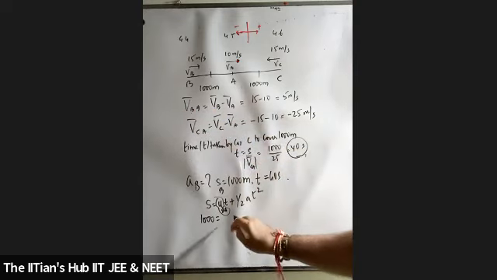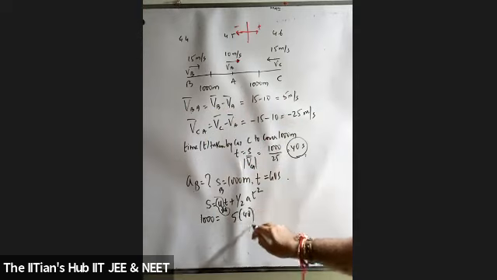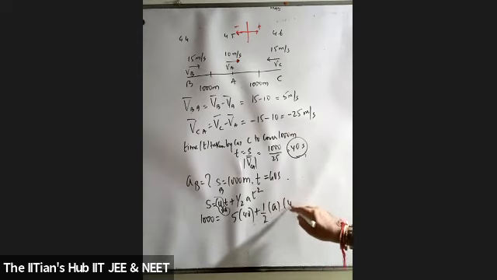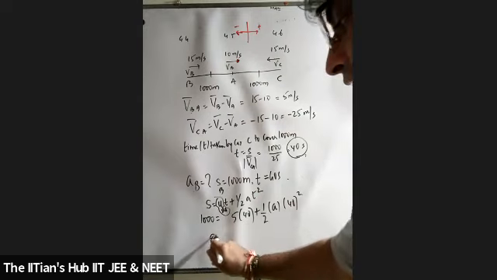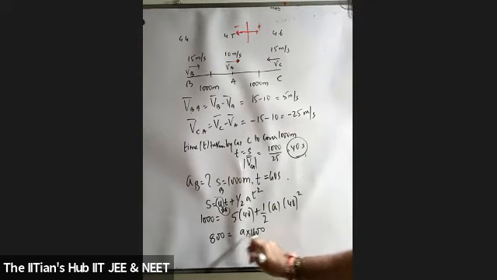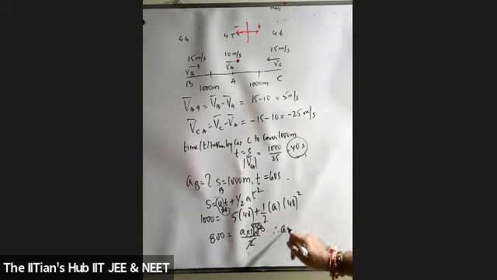So what exactly this will be? 5. Time is how much? 40 plus half we consider. Agreed. Into acceleration A times square, that is 40 square. Solving it further, 5 4s are 20, that's 200. So can I say that becomes 800 is equal to A into 1600 divided by 2. This also becomes 800. Therefore, what's the acceleration? 1 meter per second square.